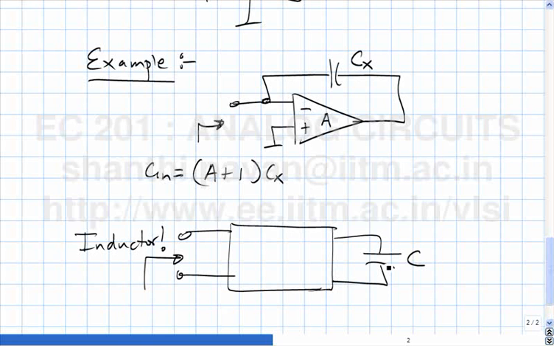And if you have a network with only R's and C's, or only resistors and inductors, without the other element, without the capacitor in the second case or the inductor in the first case, the poles of the resulting network will always be on the real axis, and because the network is stable, the poles must be in the left half S plane, so the poles must be on the negative real axis. And if you have poles only on the negative real axis, it turns out that when you want to make frequency selective networks, you will be able to make only selective networks whose selectivity is very gentle.